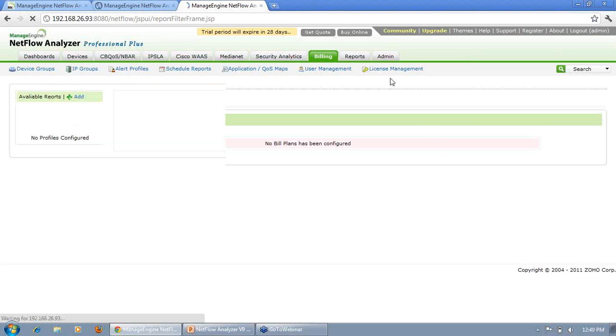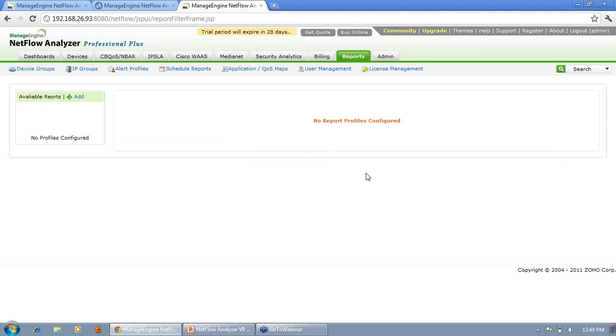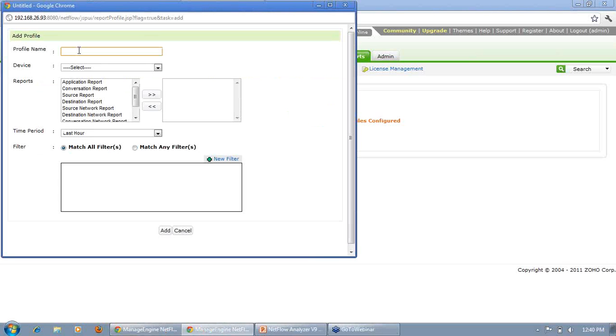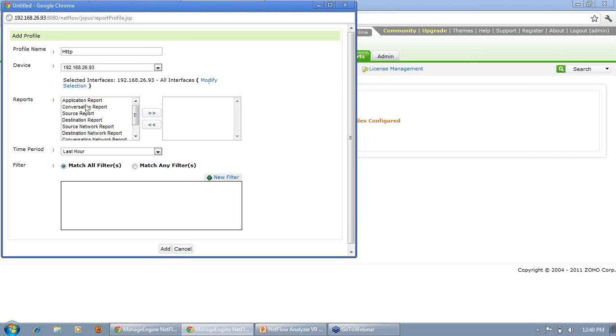And reports. This is a report profile. As I told you, it is similar to an IP group, but it is generated from all the data collected. You can define your own criteria and generate a report. That is, if I want to see traffic for the HTTP application on a particular device, and I just want the application report, conversation report, source report,